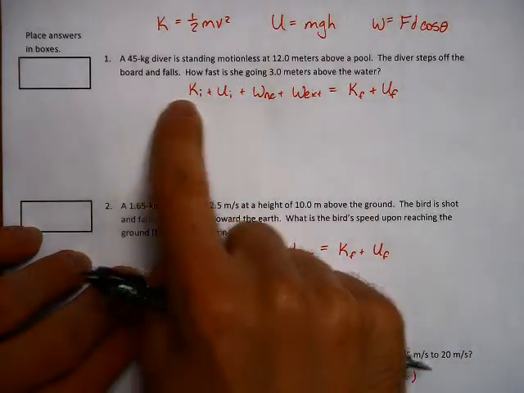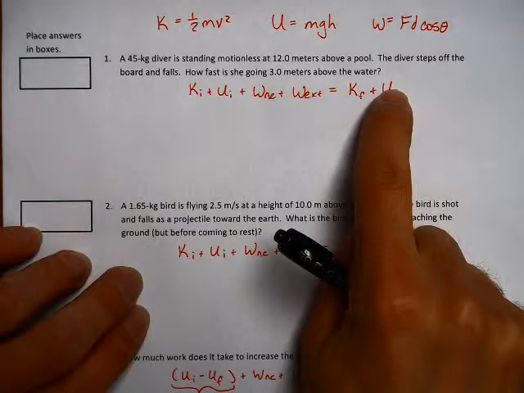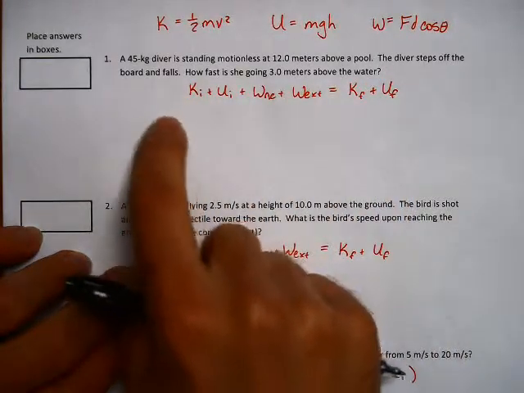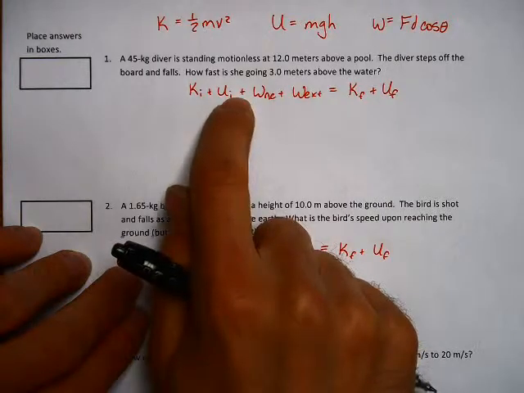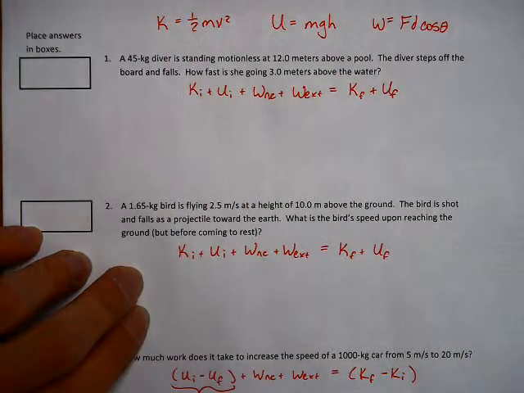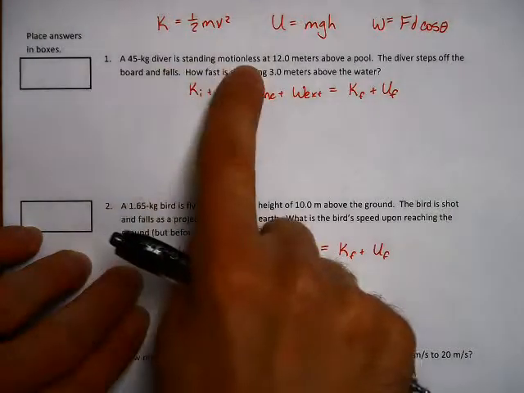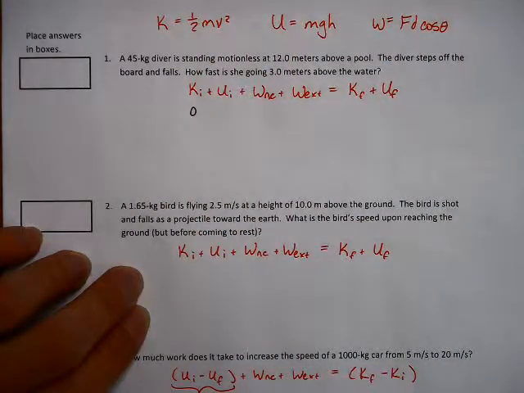I'm going to basically rewrite this equation right below here. In place of K, I'm going to write 1/2 mv squared. In place of U, I'm going to write mgh, plugging in my initial height. If there's any friction, I'm going to calculate it, and the work that it does using FD cosine theta, etc. So we start off and we say, look, the person is motionless, so there's no initial kinetic energy, so that's zero. The person does have initial gravitational potential energy of mgh,